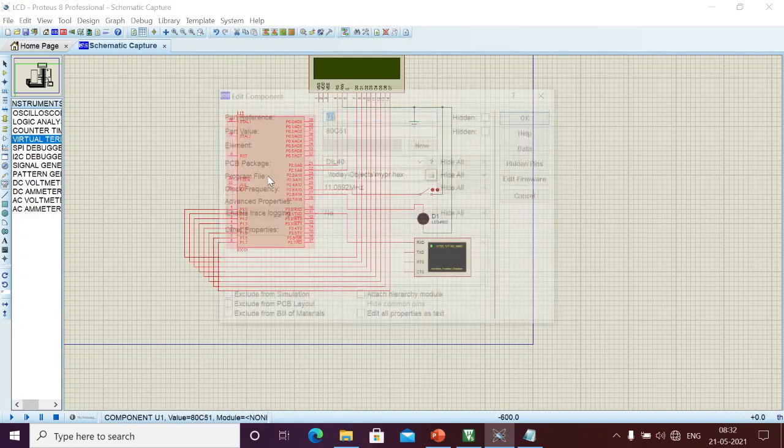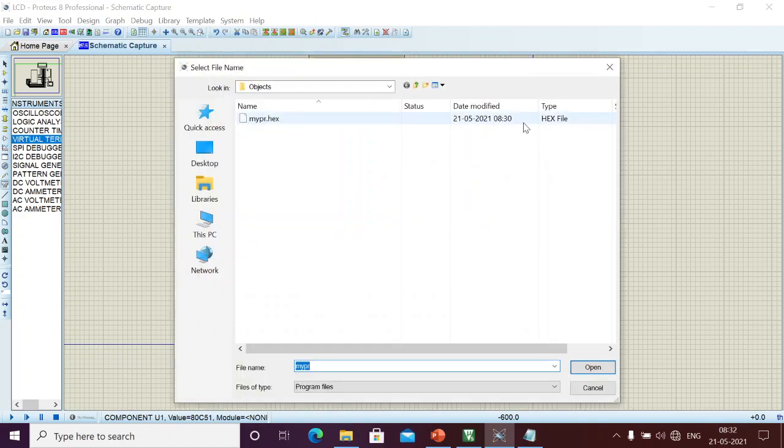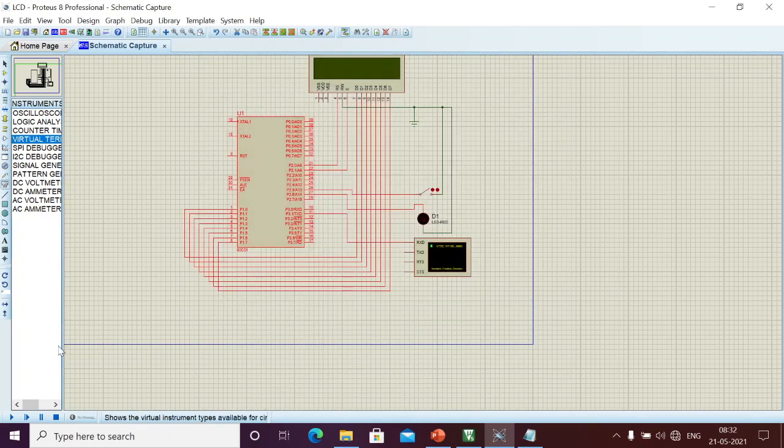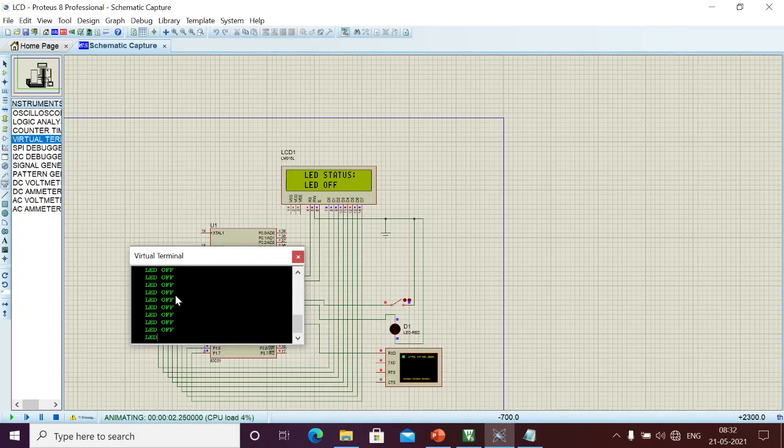And I am going to flash the same software, to see whether we flashed the correct one or not. Now the current timestamp is matched. This is the exact header file, and right now we'll see the output. If I press the switch, it should turn on the LED, and the same status should display on the LCD as well as the serial port.